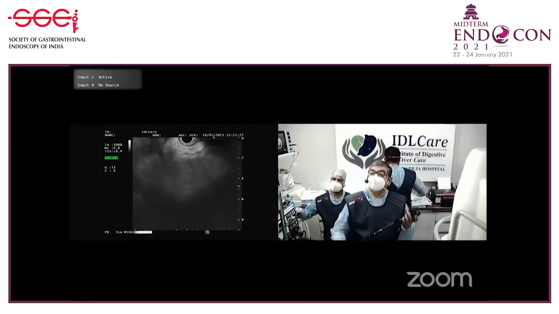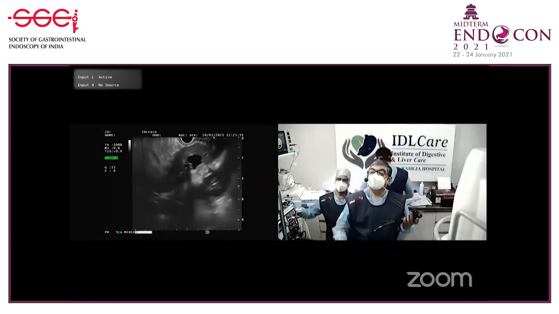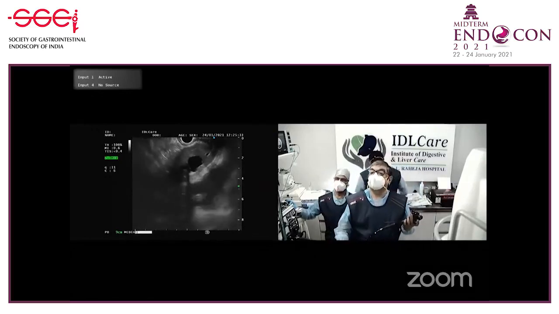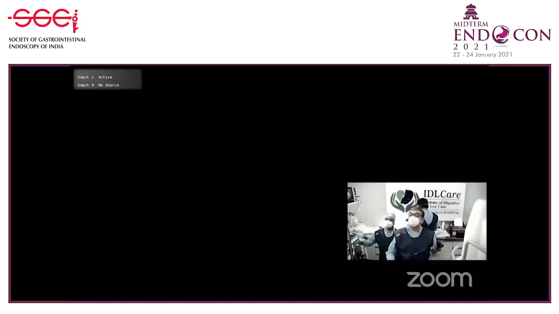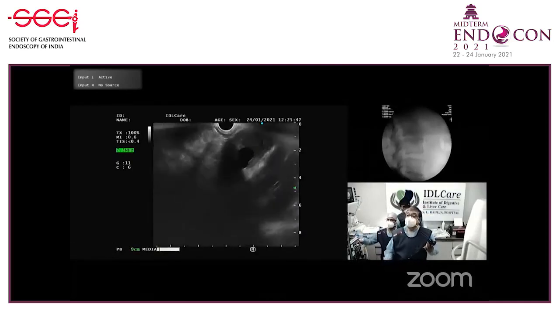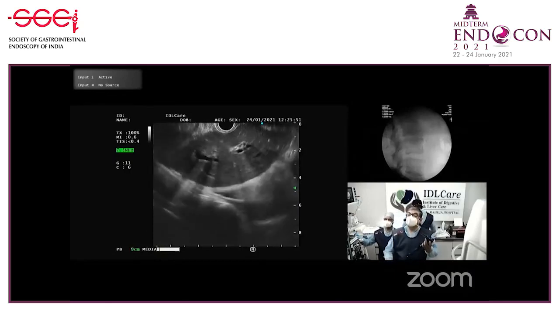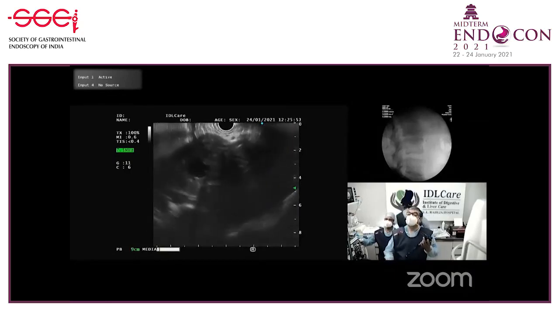The first thing that we should notice is, you see the intrahepatic radicals? Stop. Flow. See this? Massively dilated. There is huge dilatation. Now that you don't expect in stones. So let us see what is happening to the bile duct.